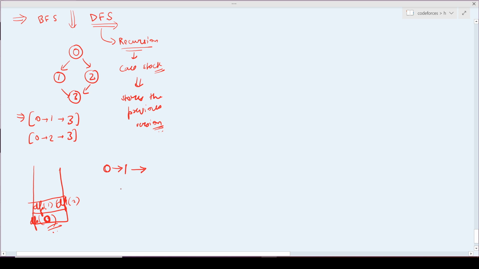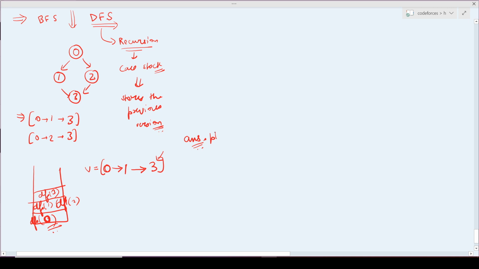For 1, I will go on to its child, which is 3, so 3 will be stored. Now I can clearly see that I have 0, 1, 3. As I have reached the end, I will have my final vector of vectors as the answer, and I will push this whole vector into my answer. So I will push back v in my answer.